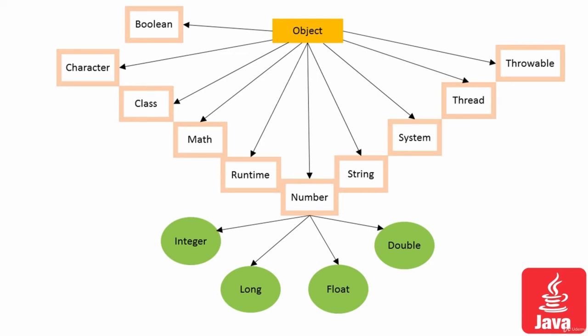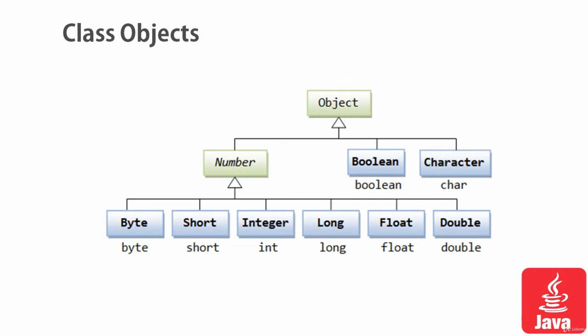An object may refer to a different set of libraries, and the Object class refers to Boolean, Character, Class, Math, Runtime, Number, String, System, Thread, and Throwable, different classes. So we can perform various operations, and we have to learn the different hierarchies and models that are there. The Object class could be denoted here. It could be used with all kinds of variables, data types, and methods in the class.